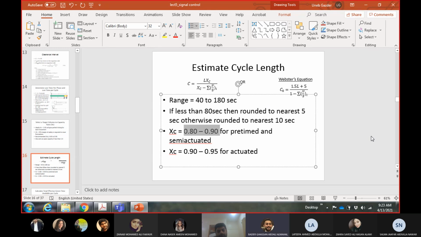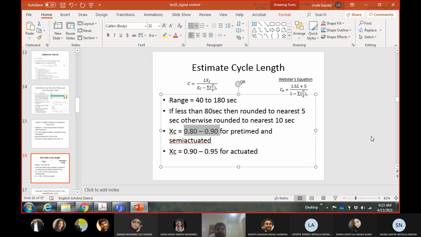Because for the actuated signal there are sensors, and it will deal with the traffic by the sensor, so the need for safety is less. Yeah, this is one point, because the point of putting the sensor is actually to take care of the traffic, but sensors are not actually taking care of the traffic.